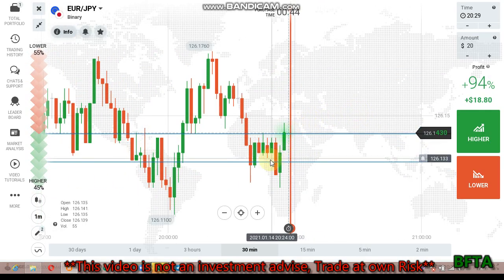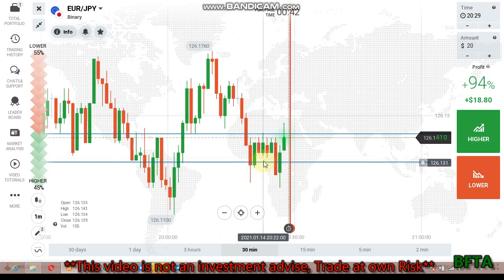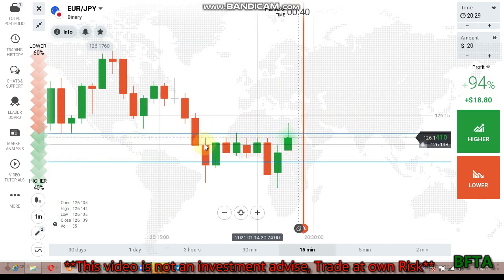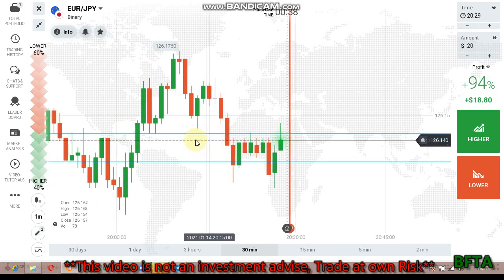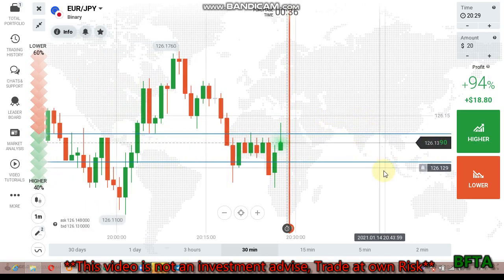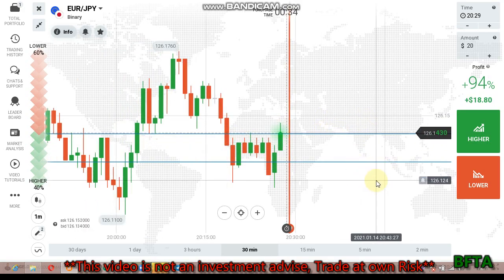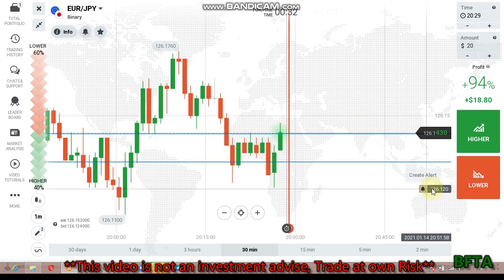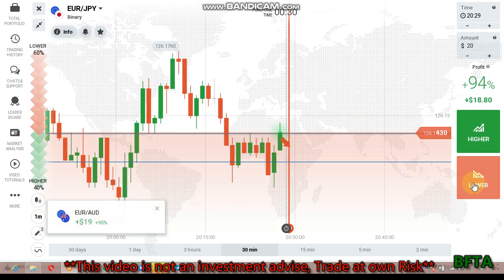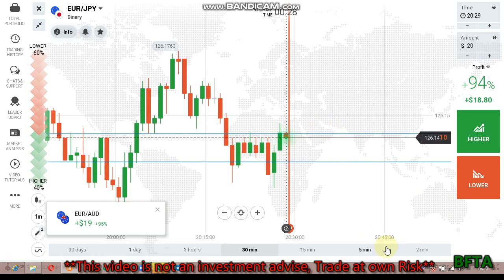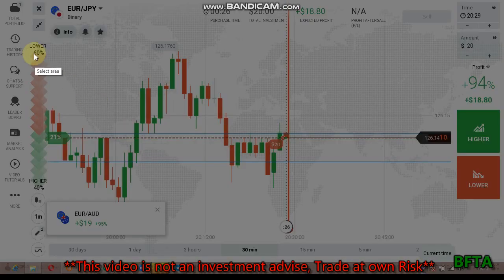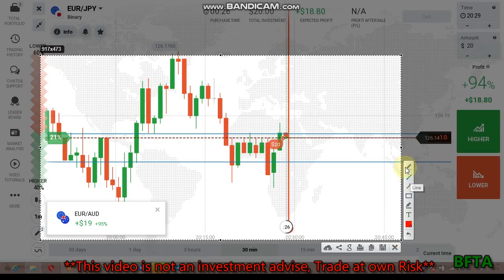Okay, we have some buyers here, then we have some sellers here, as well as a reversal area. So I think the market is going to reverse here. So I go with sellers here because we have some buyers here, we have some sellers here, we have some